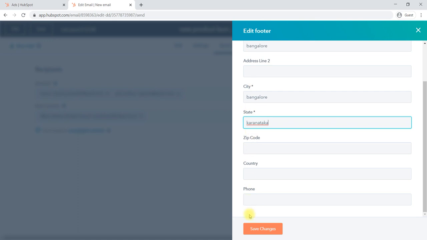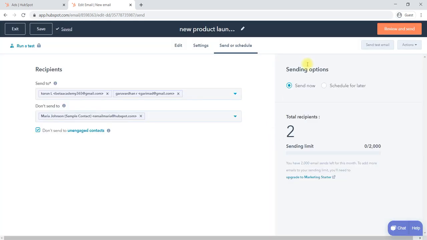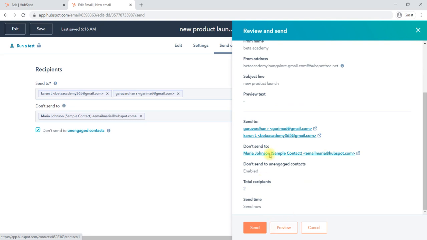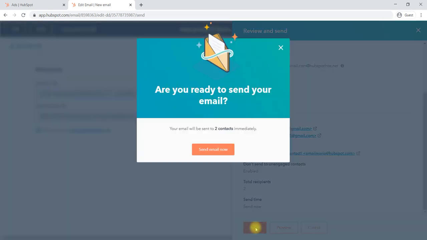Whatever required things there are, you can give them, save changes, then review and send. Now you can send the mail. Once you click on this, it will be sent.